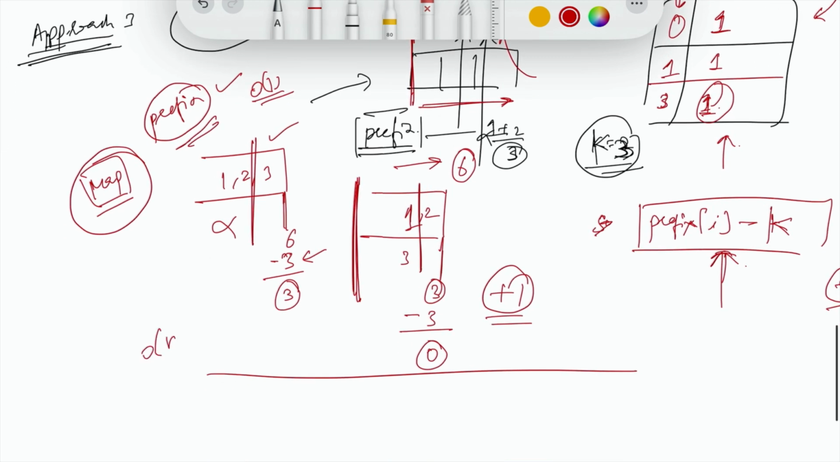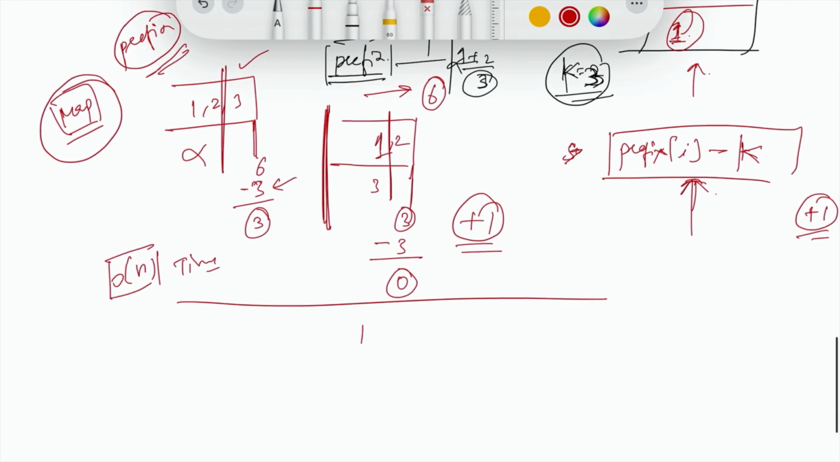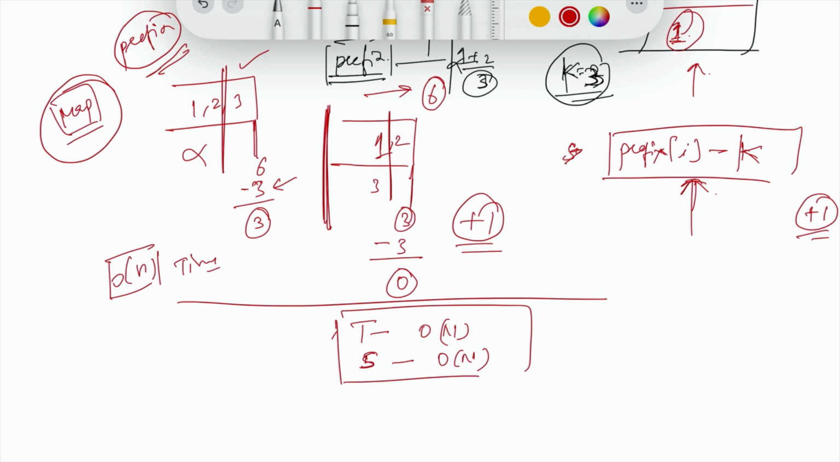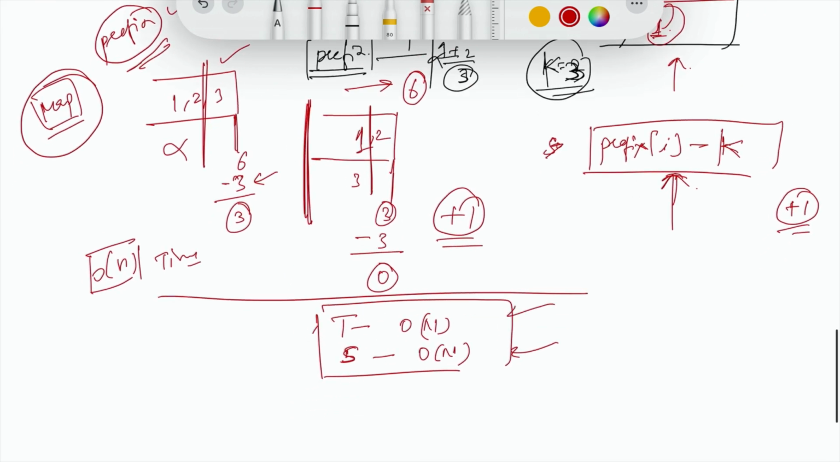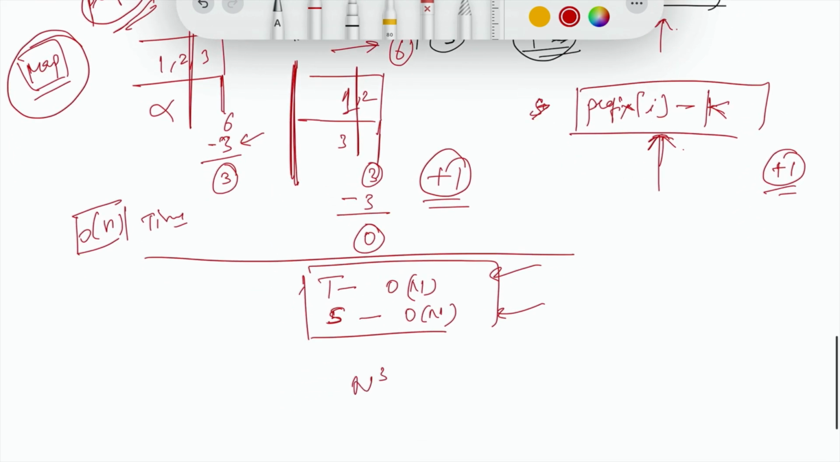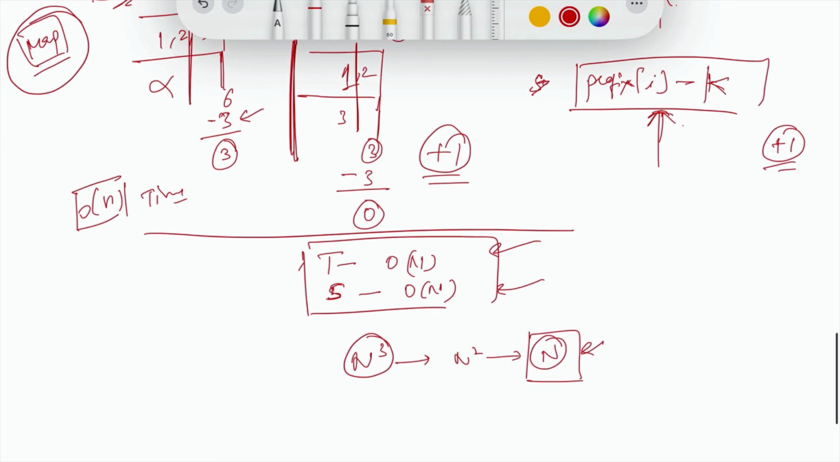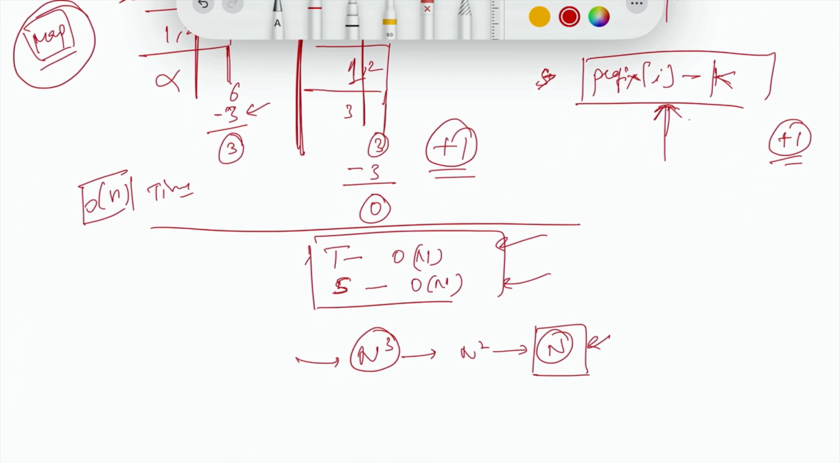So in this way we are going O(n) time. So the time complexity for this approach is order of n. And what is the space complexity? Space complexity is also order of n, because we are taking an extra map. So here we improved our time from n cube to n square to n. So n is the optimized approach where we have used HashMap, and n cube is our brute force,